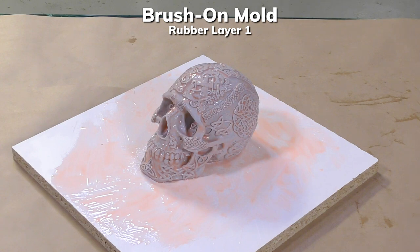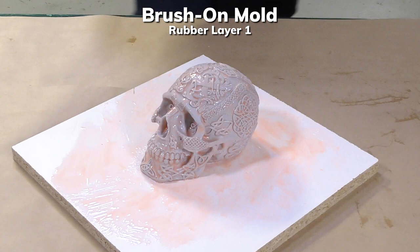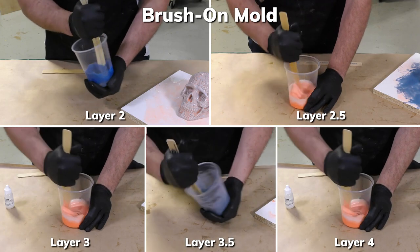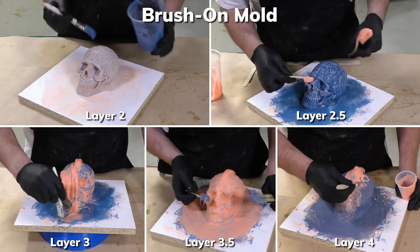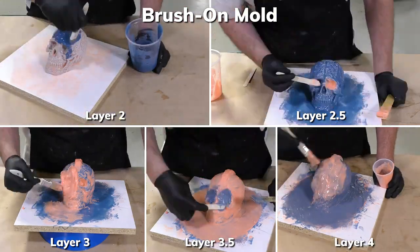The first layer is now allowed a partial cure before applying additional layers. Also keep in mind that each layer will require a partial cure before adding more material to our mold. Beyond this layer, we're going to have to reapply another 5 layers to build up the necessary thickness that is required for a brush-on mold. So as you can see, multiple layers are going to take us much longer than a simple mix and pour